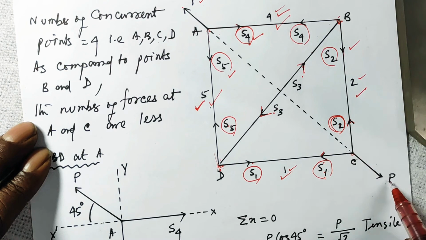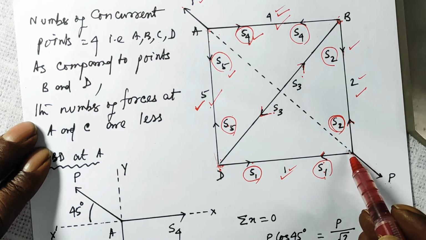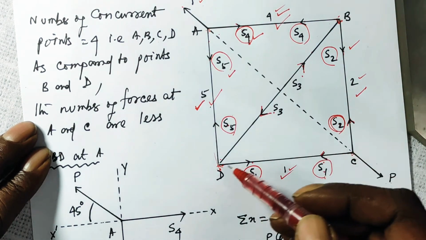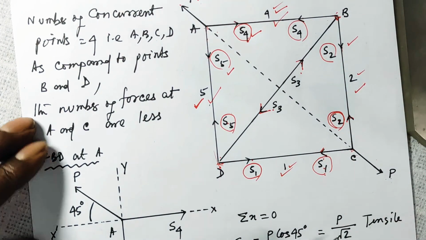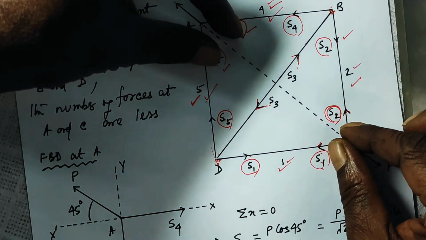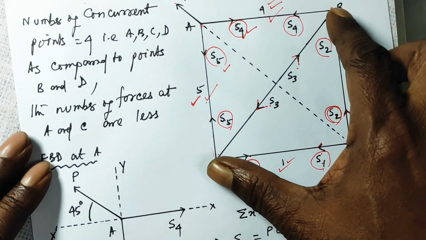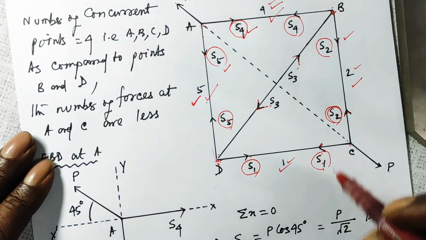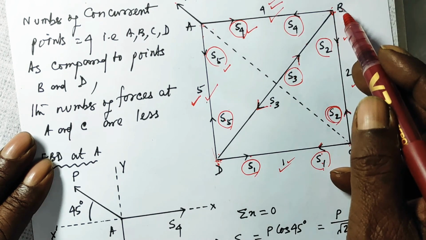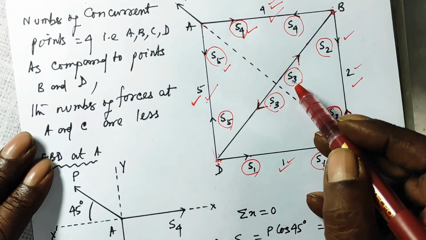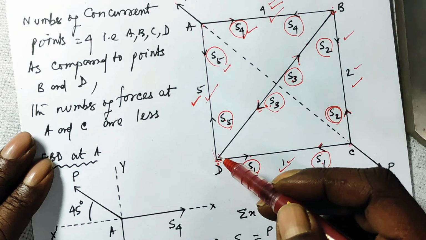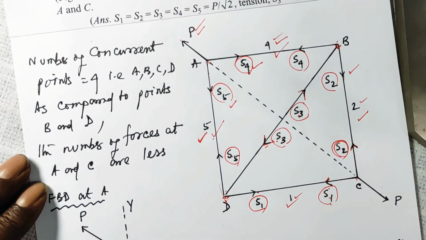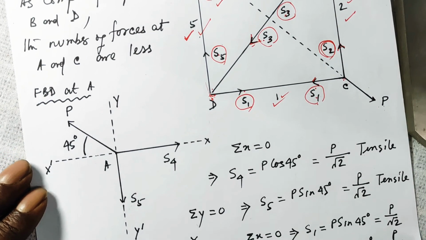Similarly, when you are pulling to this side, of course you are pulling to both sides, to this side as well as to this side. So the bar BD, when you pull it to this side, will be under compression. So S3 will be towards the point. This S3 will be towards B, and this S3, which is the same thing as this S3, will be towards point D. That is the basic understanding.